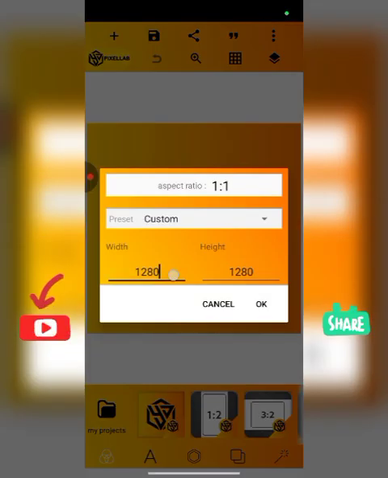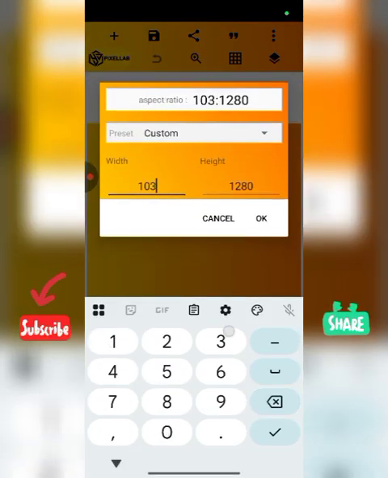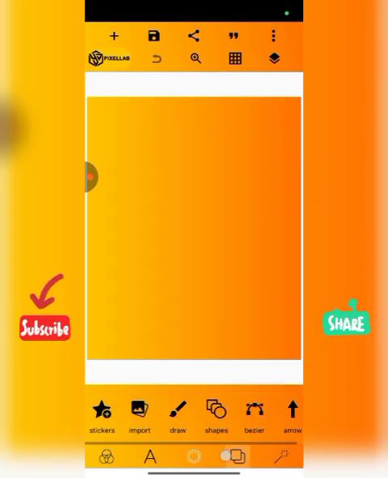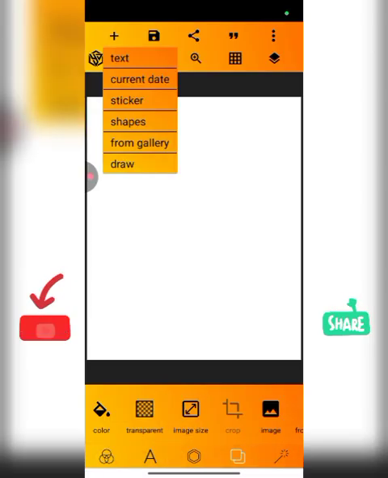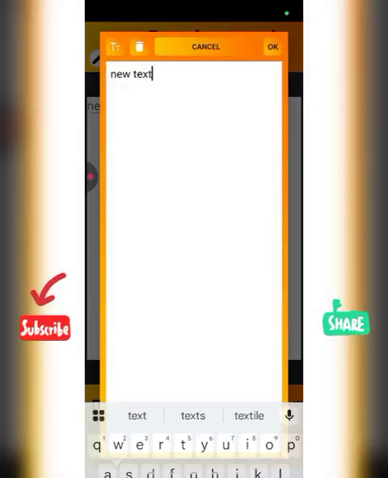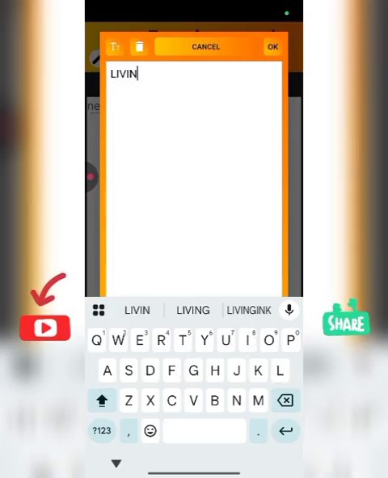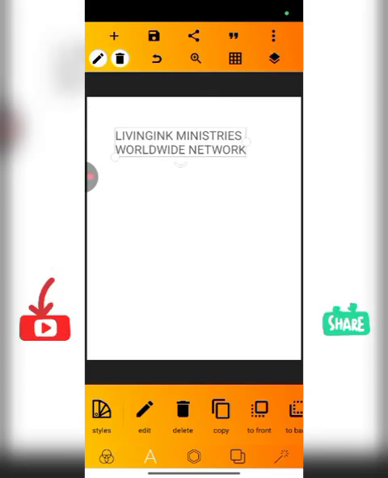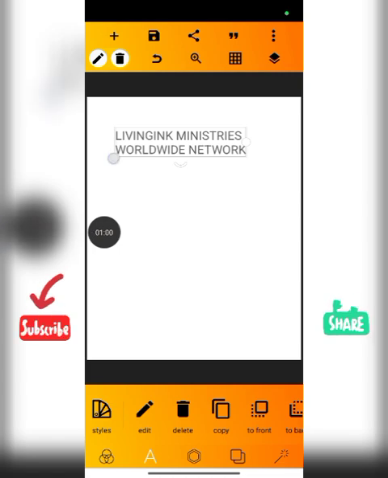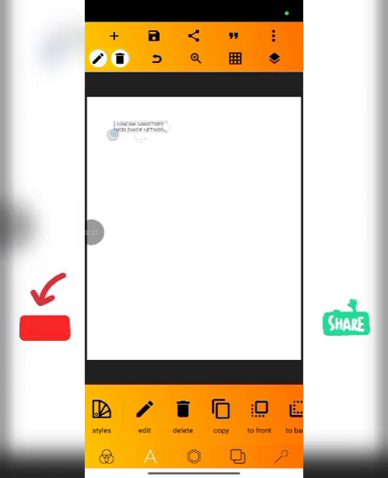So the first thing to do is to set your image size, 1080 by 1350. Okay, so let's make it a white background so we can bring in our design brief, the church flyer, so the church name, worldwide network, so that's the name of the church. Let's keep it there, and then